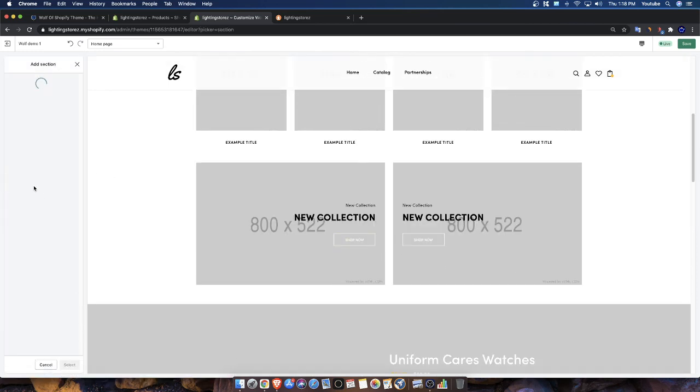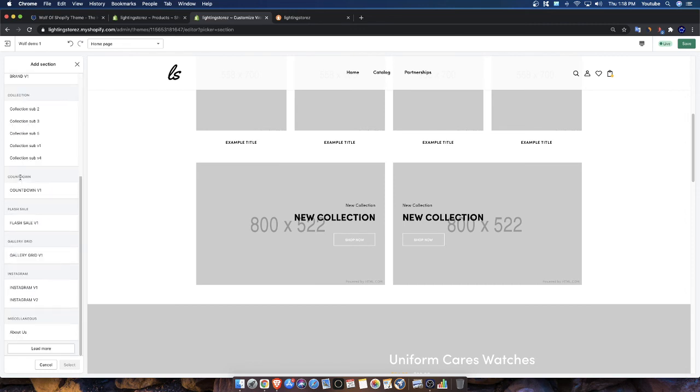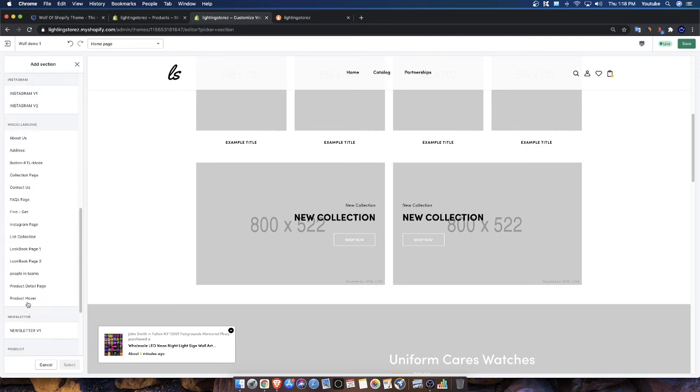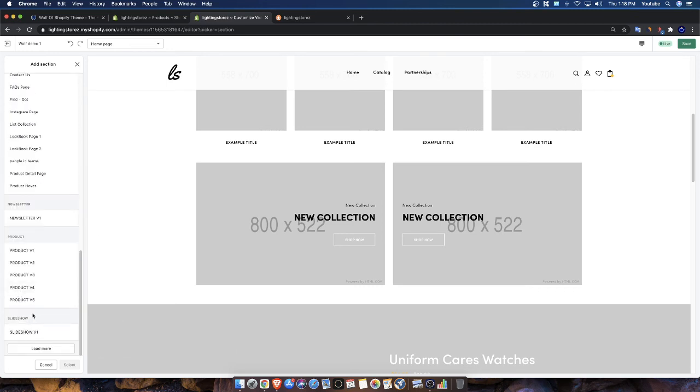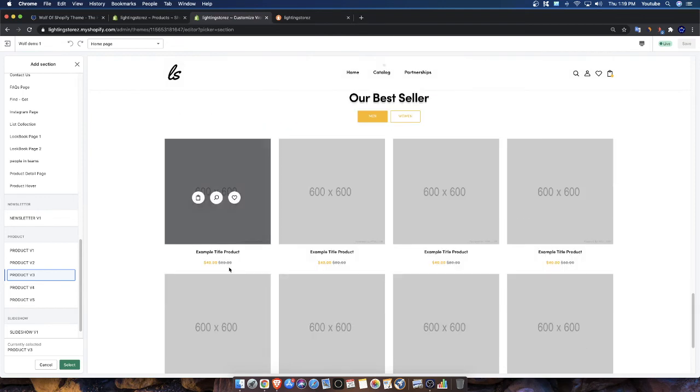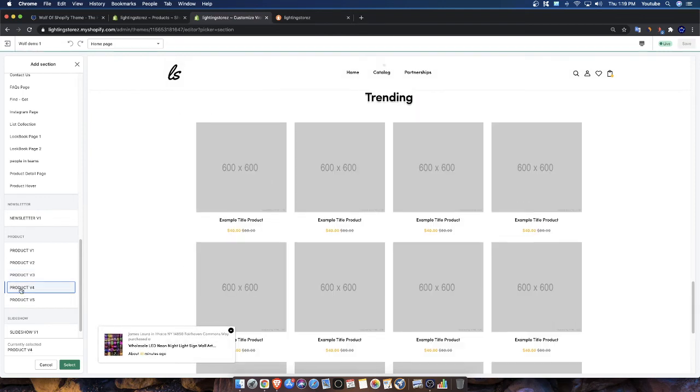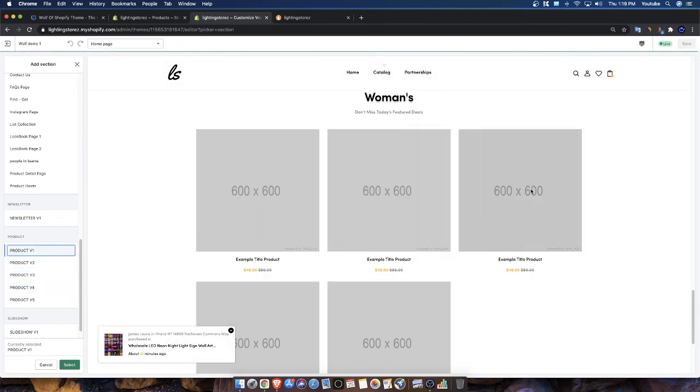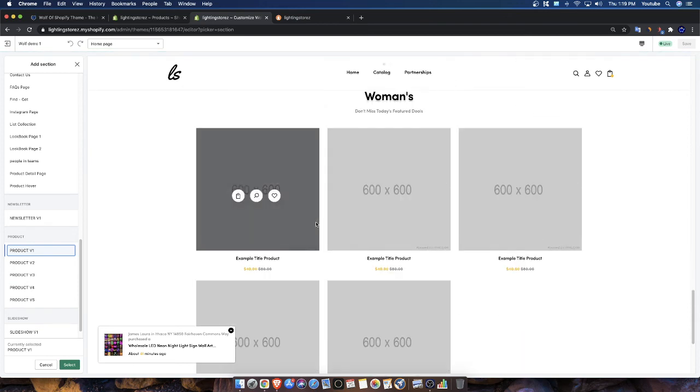Now, what we also need is a section where we showcase all of our products, which is good for a product grid, right? So we're going to have to find a product grid, and we could do that through the product section here, product V1, V2, V3, V4, V5, right? And this is all beginner training, guys, obviously. This is not advanced training. And for the way we're setting this up with our store,